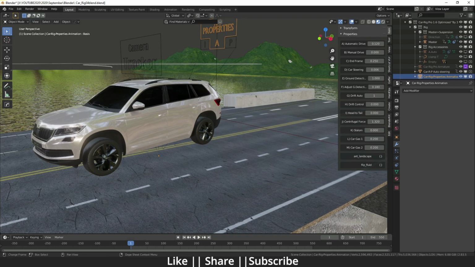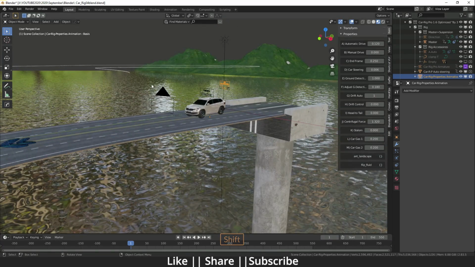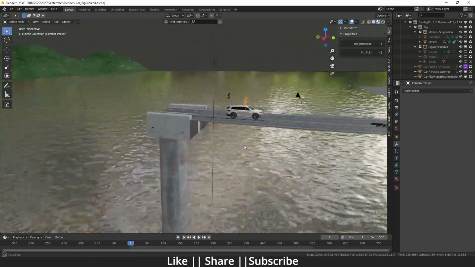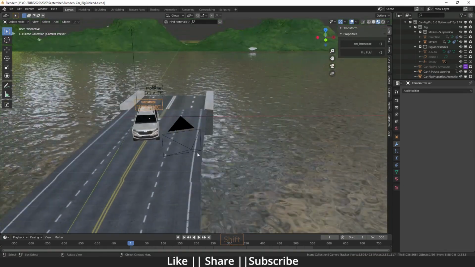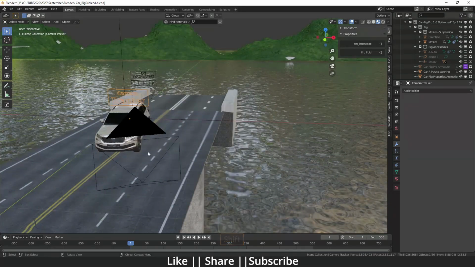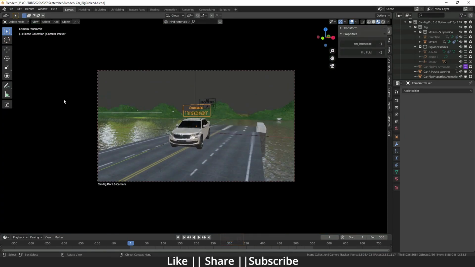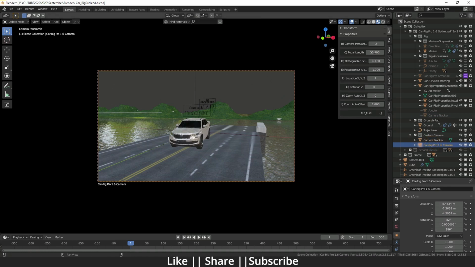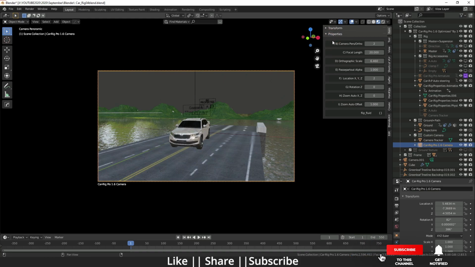Okay, so at last we'll talk about the camera, which is this one basically. For that, you just have to press 0, and here you can see when you press 0, you will come into the camera view. And now I'm just going to select the camera tracker option. So here you can see these are some camera options. I'm just going to spread it a little bit more, yeah, something like that.